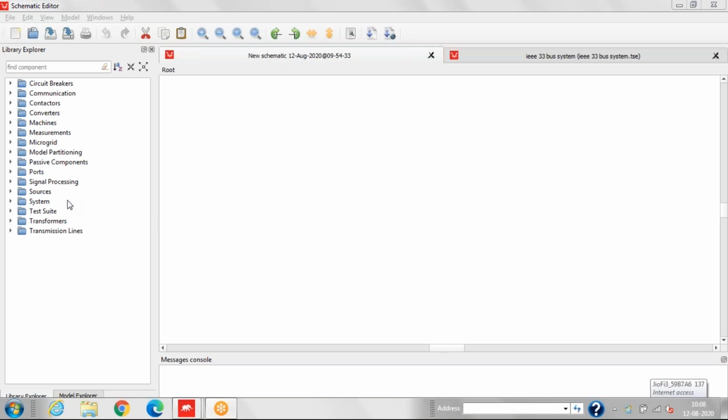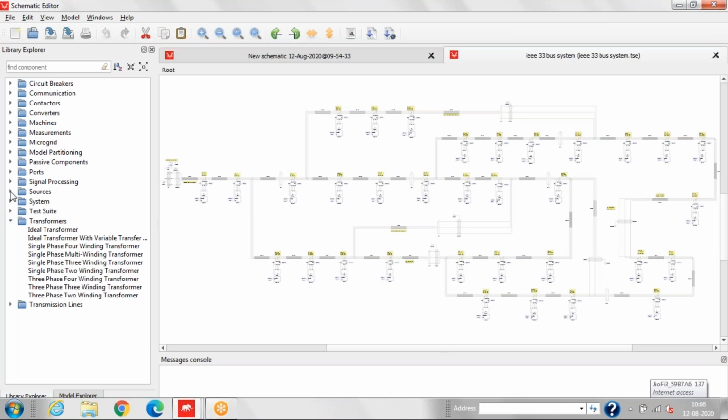Obviously we will have transmission lines, then the transformer. Most of the library components have been discussed by Sridhar sir, so today we'll give you a brief idea regarding the components which will be used in this model. In this model, the transformer will be used, and basically the source will be used.